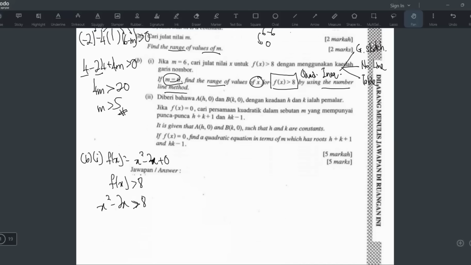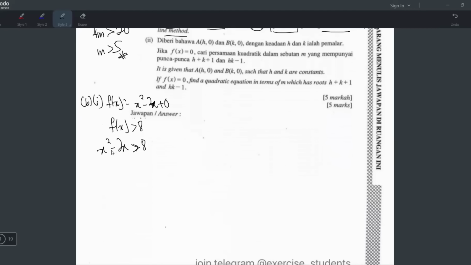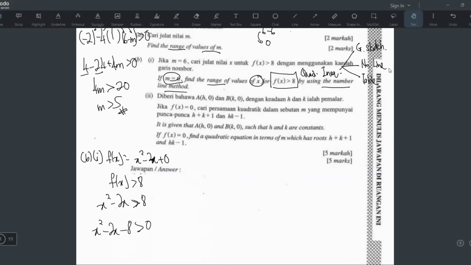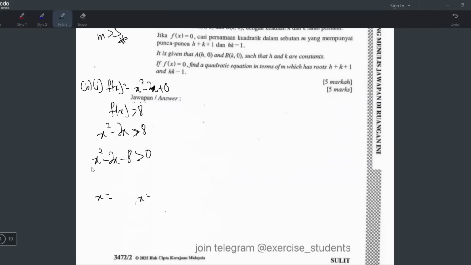Alright, actually it doesn't matter which method you use. Got 3 methods, right? But no matter which method you use, you first have to find out the x value first. So what I have to do now is actually your x squared, so it's a quadratic. So what you have to do is move the 8 here because you want it to be general form, everything on one side and then bigger than 0, and then get the value of x first. Okay? Yes, this you must do, no matter which method you use, you have to do until here first. So I have to press calculator A1, B negative 2, C negative 8,